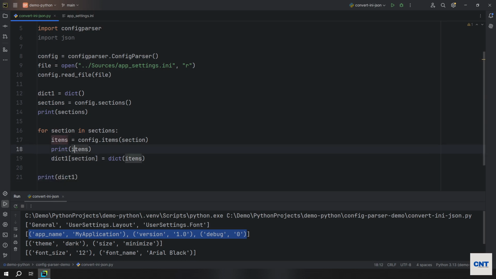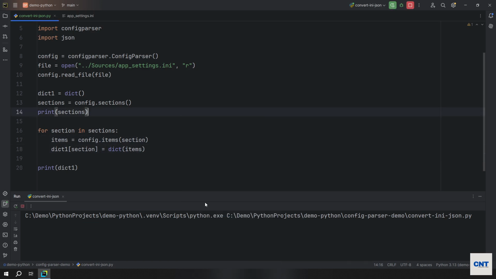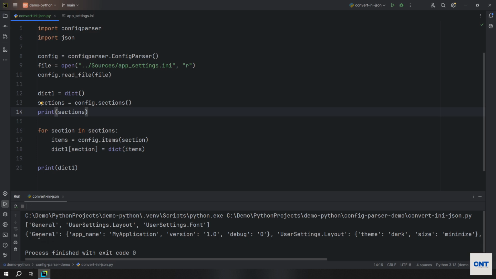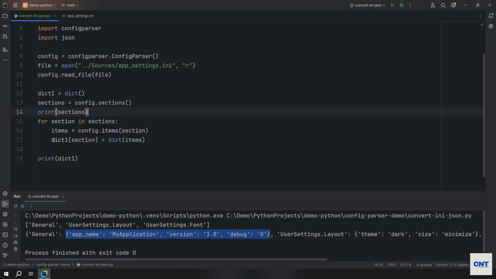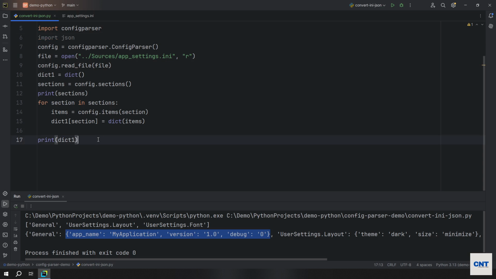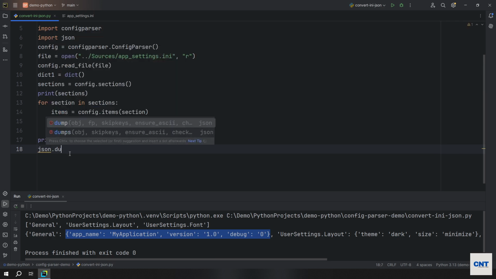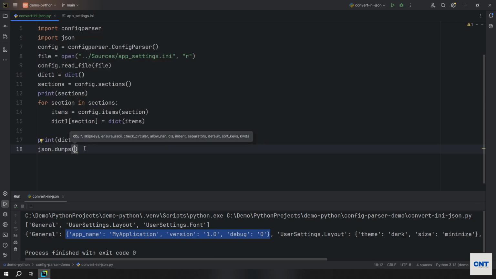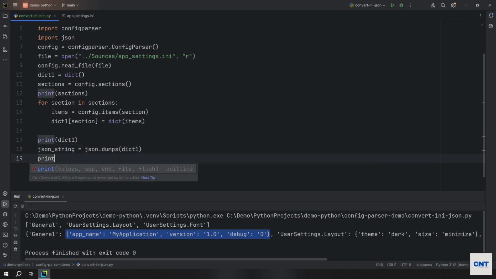Dictionary 1, let me remove this statement. Okay, run the program. You will see this is a dictionary for us now. So now our next step would be to create JSON format from this dictionary object, right? So we are going to use the json.dumps function. What this function does, it actually takes the dictionary as an argument and returns a JSON string. Okay, I'm going to pass this dictionary 1, so it will return me the JSON string. Okay, if you print it,